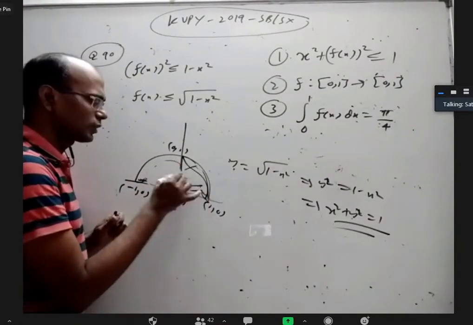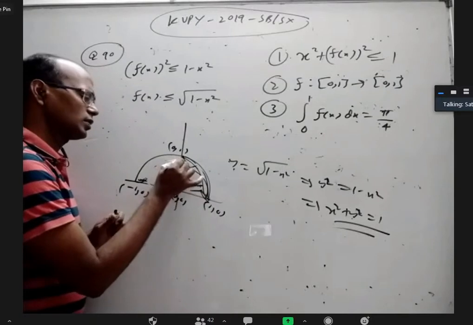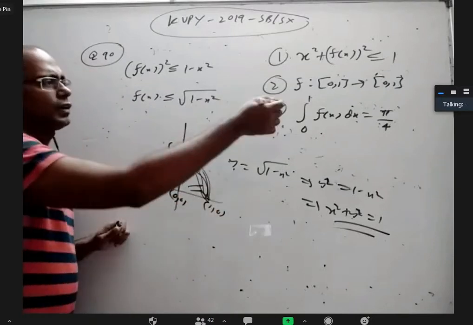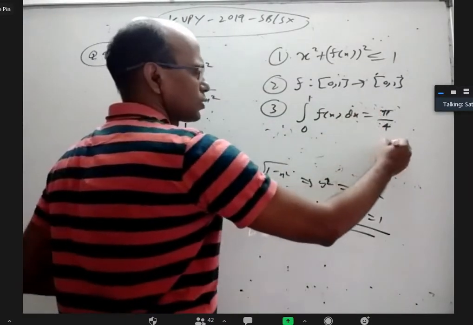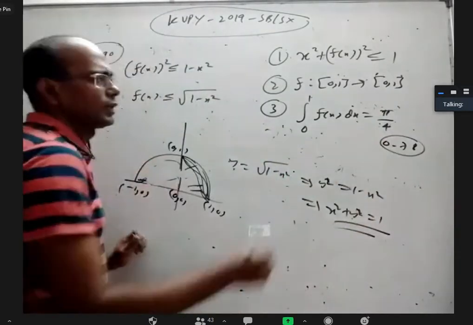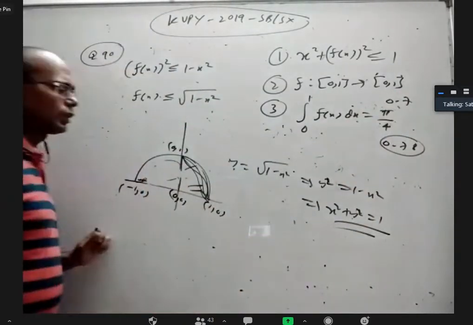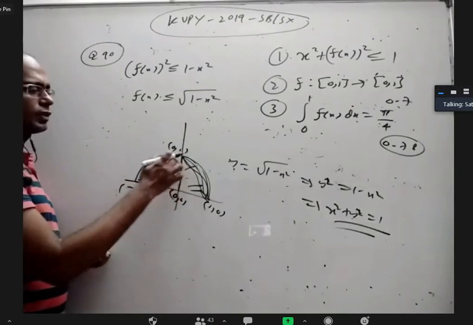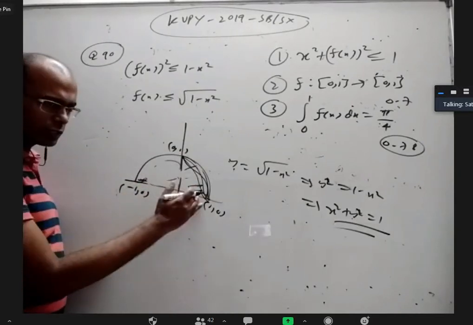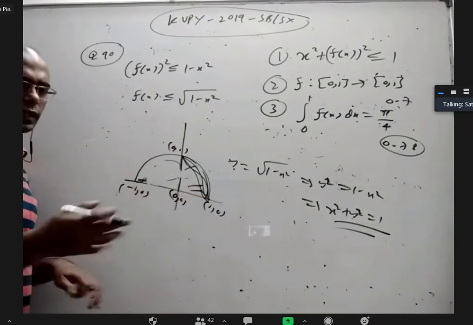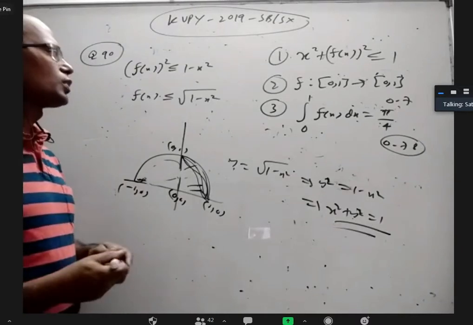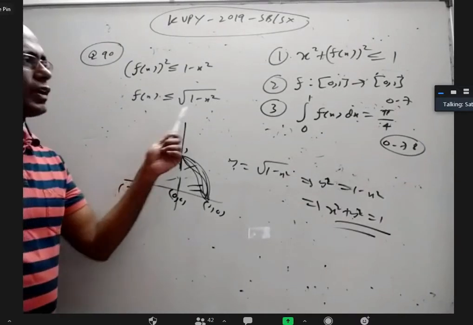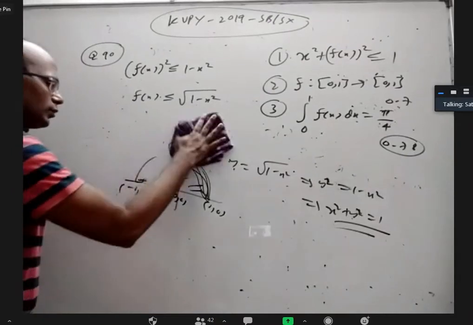A curve can be like this, a curve can be like this. For example, pi by 4 is, let's say, 0.78 or something. Let's say they would have given 0.7 here. There will be hundreds of curves below this where the area under the curve is 0.7. Then we cannot find the final thing that they want. So here you have to understand the extreme value is this. So I'm going to prove that first.